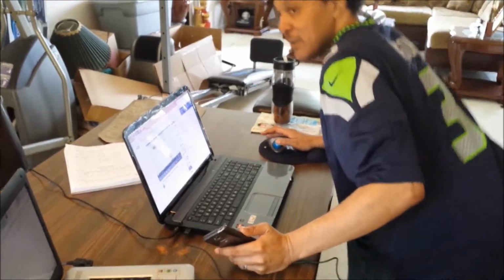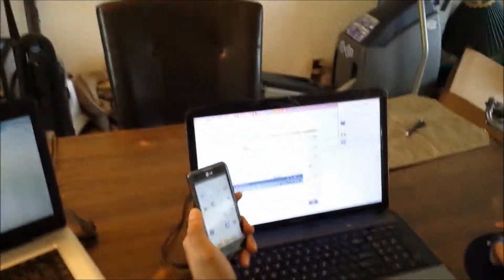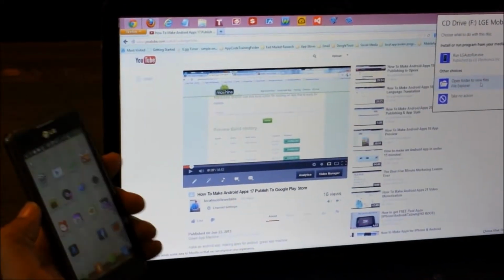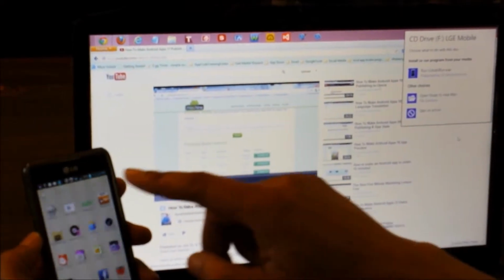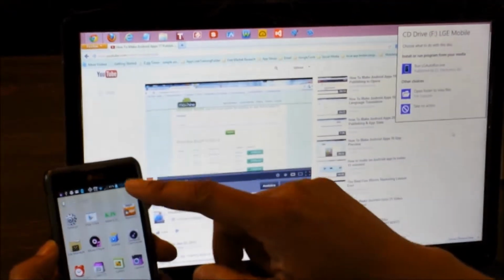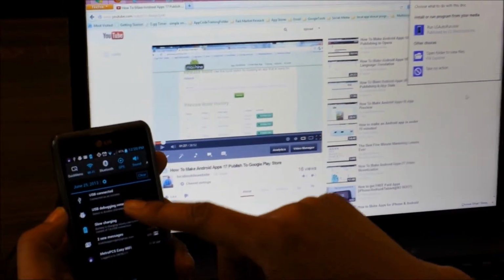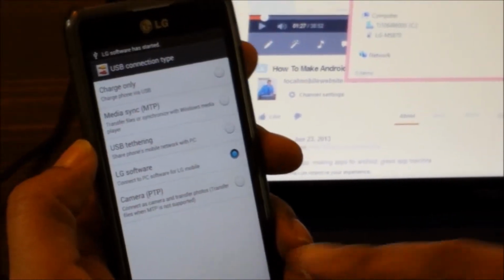Okay? Screen. Depending on your phone, you may have to install some software and so forth. I have an LG phone. But anyway, I'm going to get my phone here. What I have to do is do this process for some reason. Don't ask me why. But what's going to happen is,